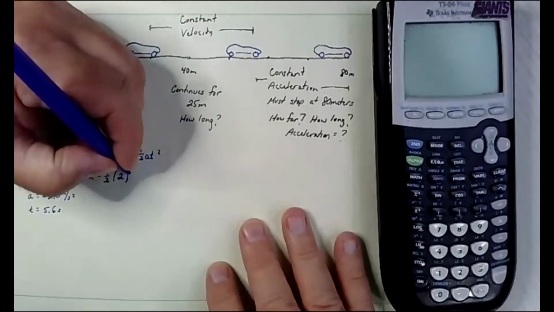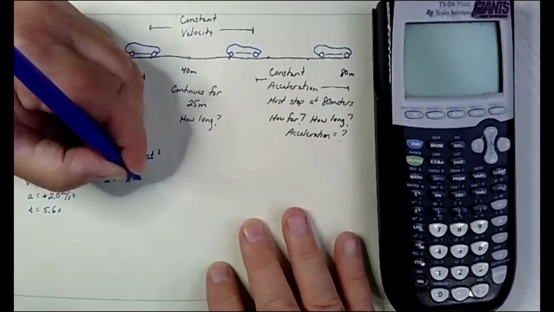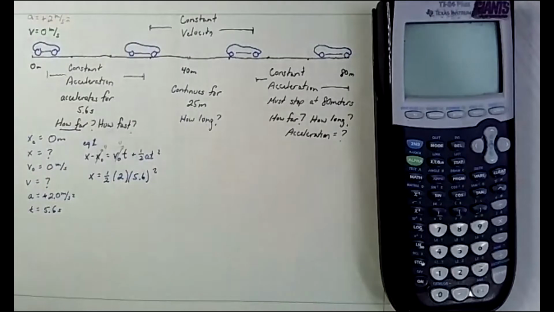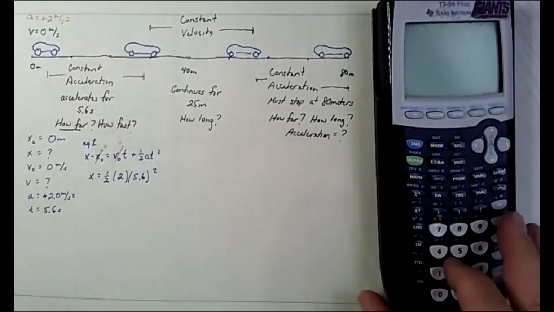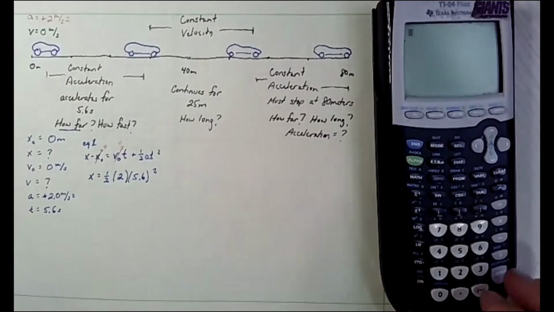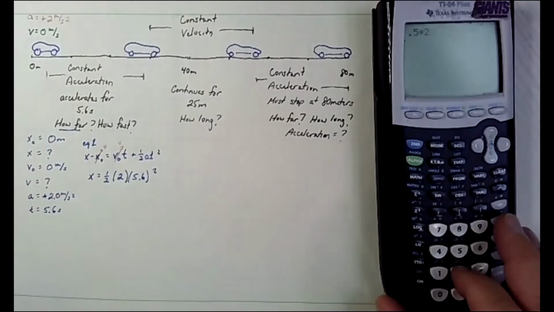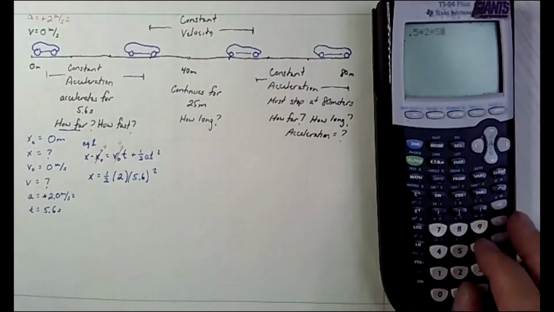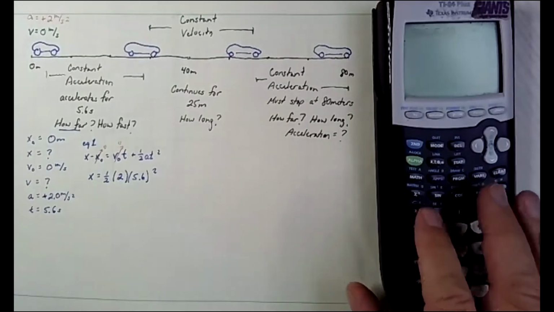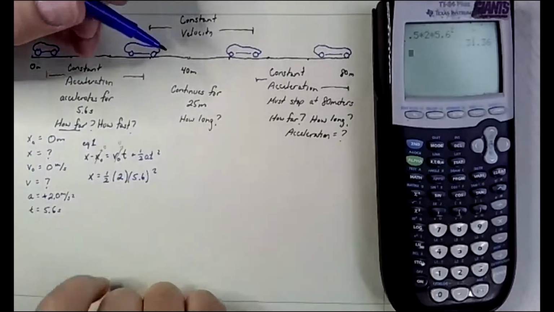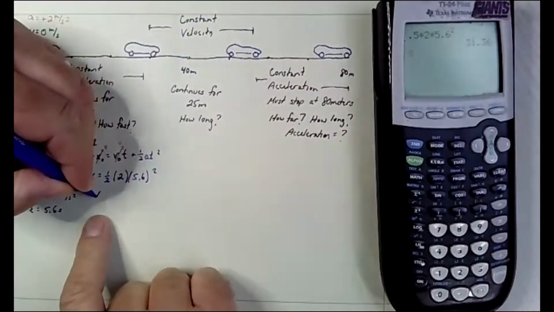And then time is 5.6 seconds, and that's squared. Okay, so I'll do this on my calculator really quick. So 1/2, the same as 0.5, times 2 times 5.6 squared. And let's see where we land. And I get 31 point, I'm going to call it 31.4